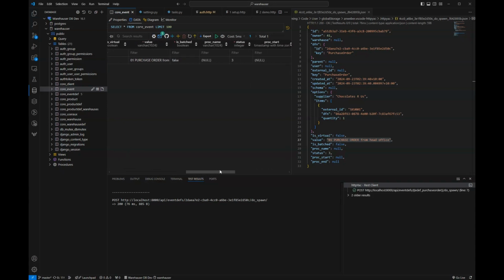This is a notification event, and the way you tell that is because there is no proc_name. Proc_name is null, so it's not set. That means there was no process to be run. This is just a notification event, a heads up that there will be a delivery soon. Speaking of which,